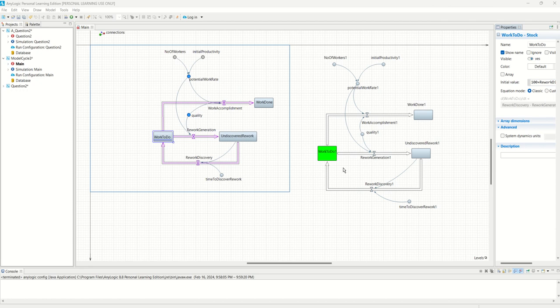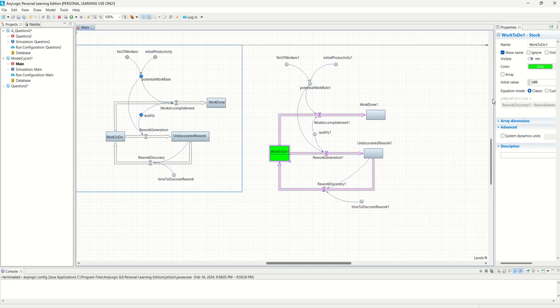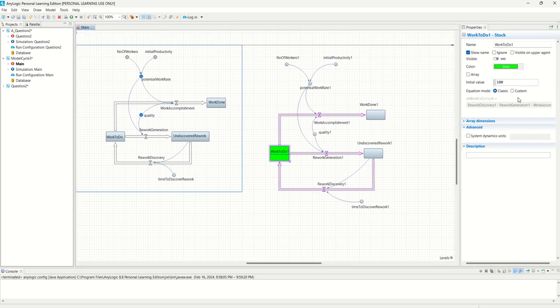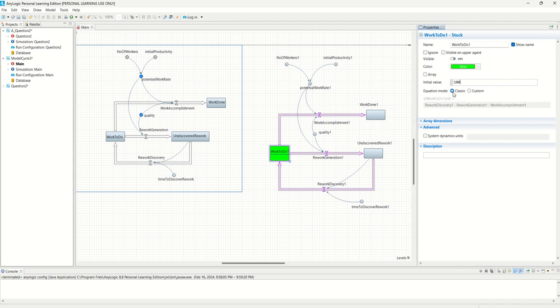Yeah, so we're now here. Sorry, we're here at work to do. So initially you have 100. In the lecture note, it says initial is 100, but there's also rework discovery, which is in addition to the 100. The people are also working extra because of the rework that is being discovered on a monthly basis. So we have, if you see the equation mode,